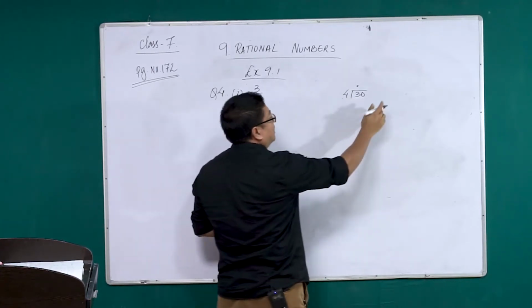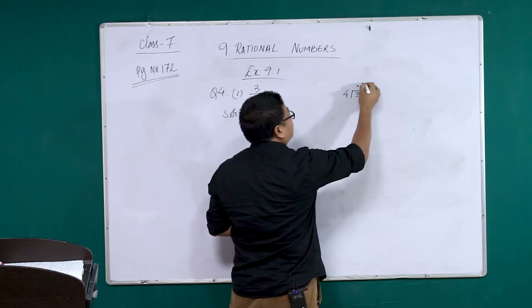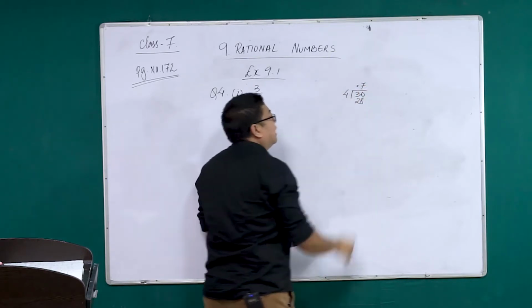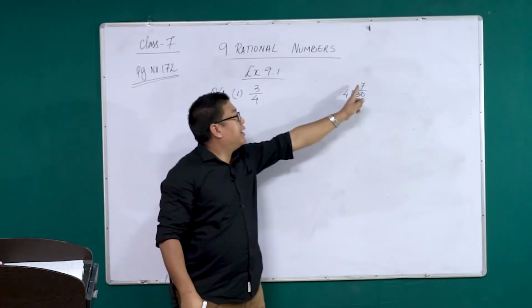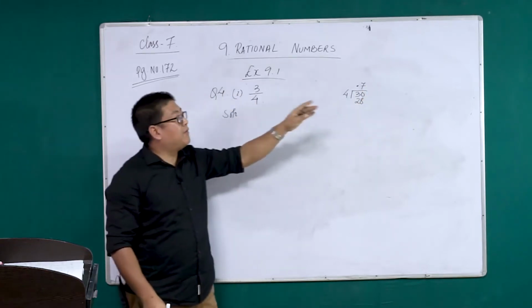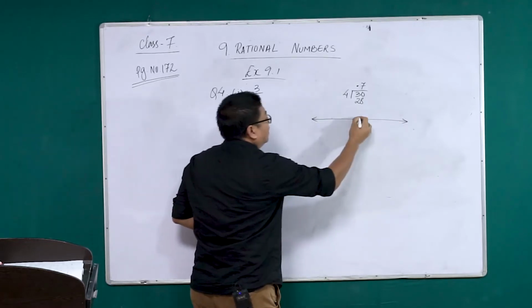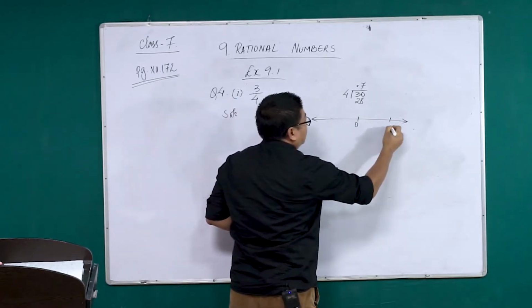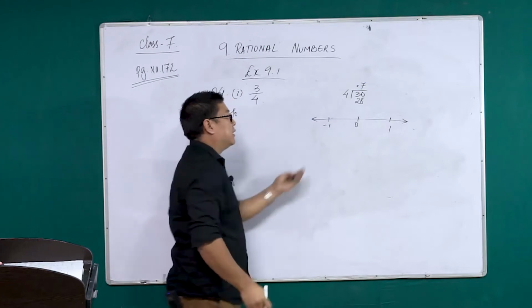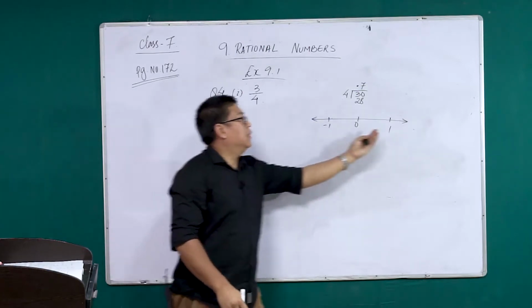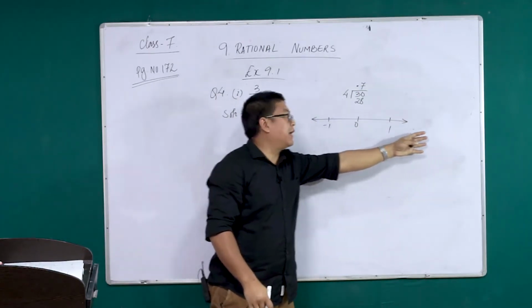There is no such multiple. The nearest is 4 into 7 is 28. Now you don't have to go further. You have got one number and here you have understood now. Now if you remember the number line, 0, this side is plus 1, this side is minus 1. Minus 2, minus 3, minus 4, plus 1, plus 2, plus 3, plus 4. It goes on like that.